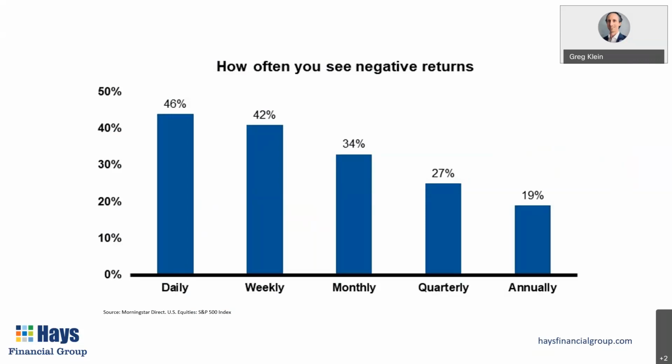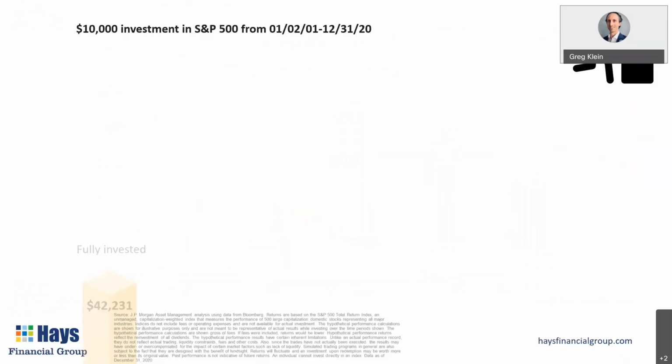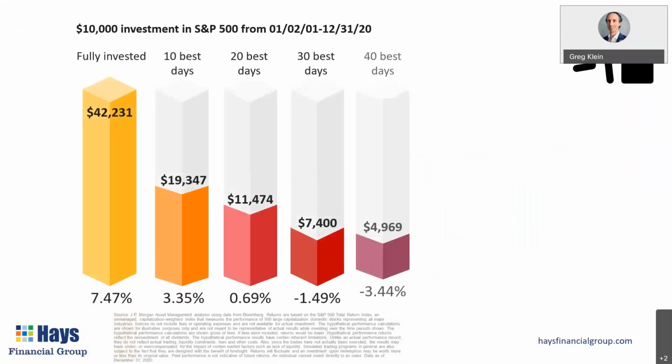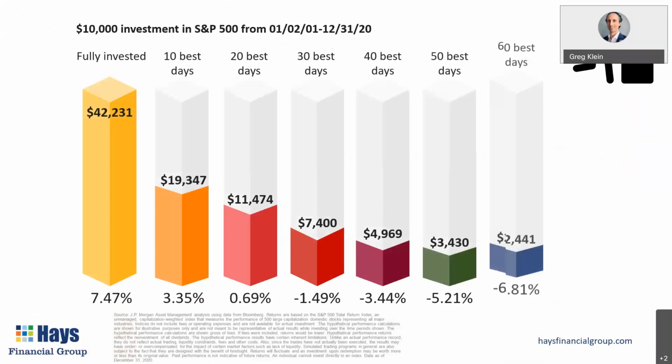And then you're less likely to see those negative numbers that might influence you to exit the market. Because if you exit and sell your investments at those low points when your emotions are low, and then you don't get back in and you miss some of those good days that oftentimes happen very close to the bad days, you can see with this slide how missing just a handful of those good days in the market can dramatically hurt your performance.